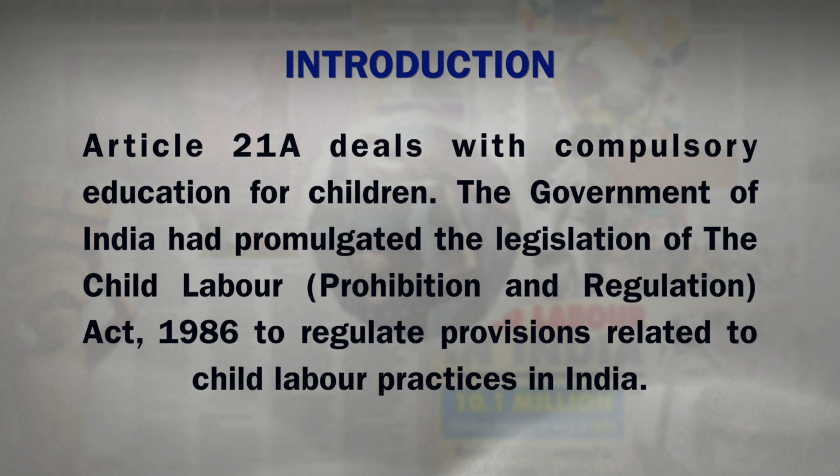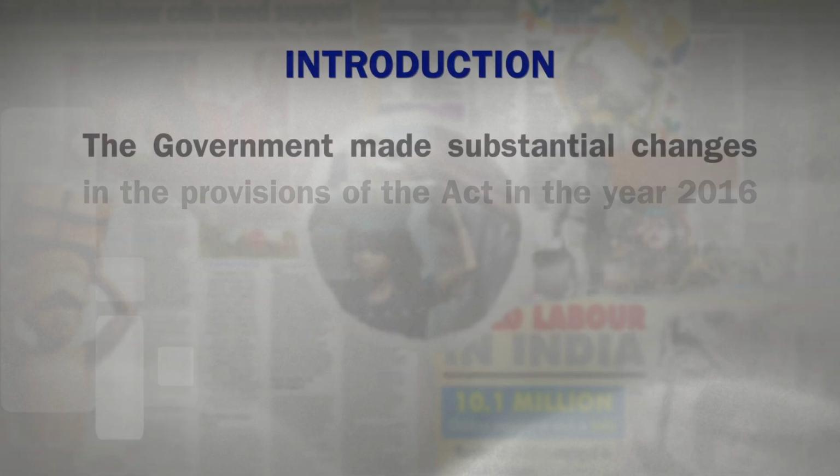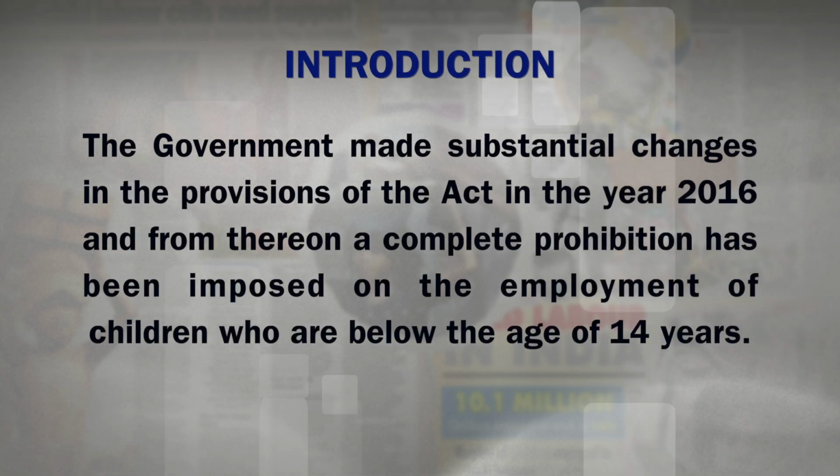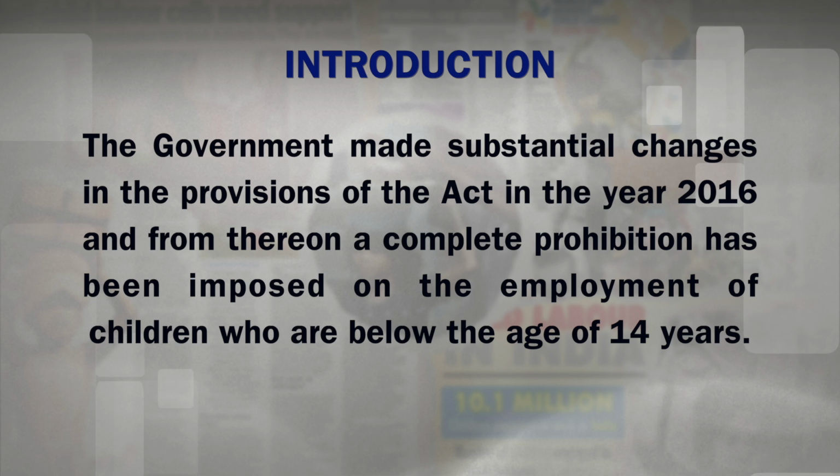The Government of India promulgated the Child Labour Prohibition and Regulation Act of 1986 to regulate provisions related to child labour practices in India. The government made substantial changes in the provisions of the Act in the year 2016, and from there on a complete prohibition has been imposed on the employment of children who are below the age of 14 years. Many provisions have been made under the Act regarding the employment of children who are above the age of